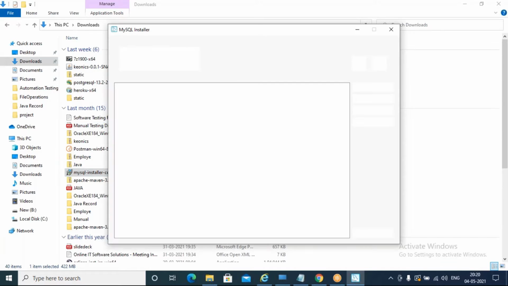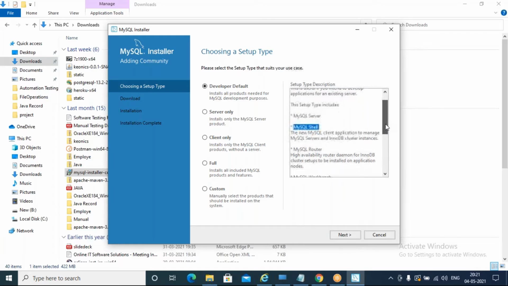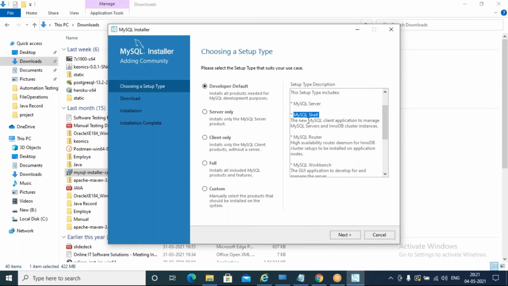Now the setup will come like this, and here you can see multiple things. The setup description also displays what all you are going to get by selecting this developer default installation. We will get MySQL server, and MySQL Shell will be there. Shell is a command prompt kind of thing, where you can connect by giving your username and password.